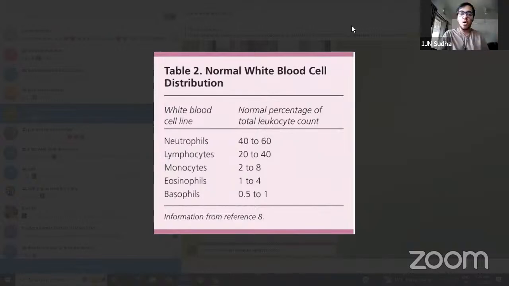I will be explaining all of these white blood cells later, but this is a good thing you need to understand as we go forward. Now,